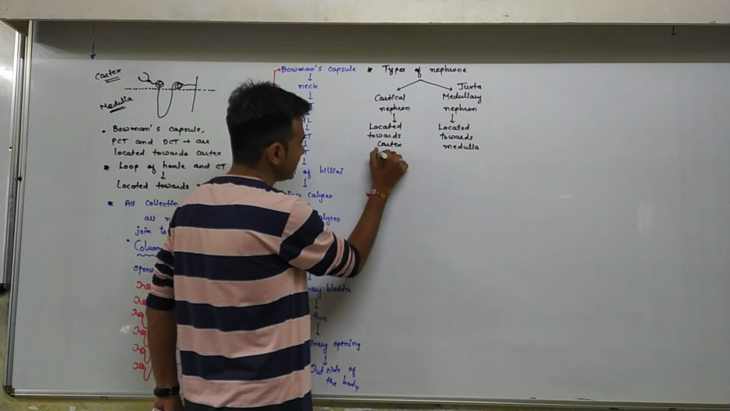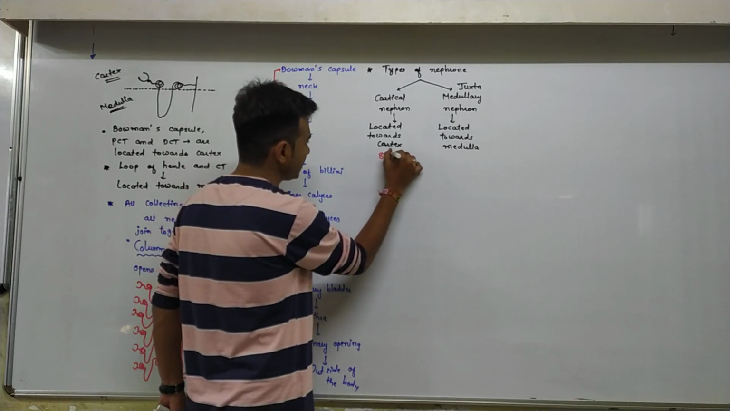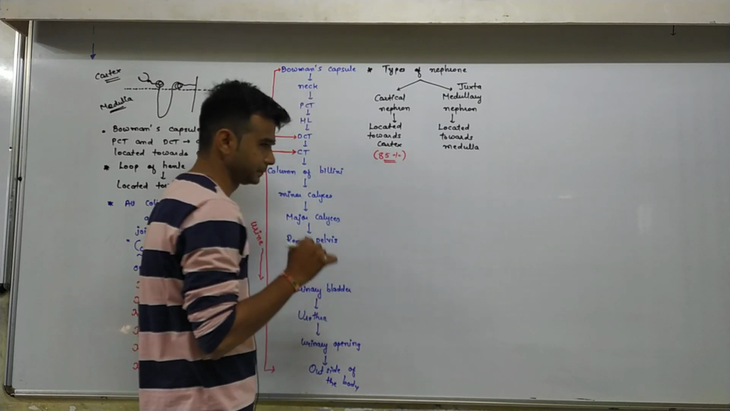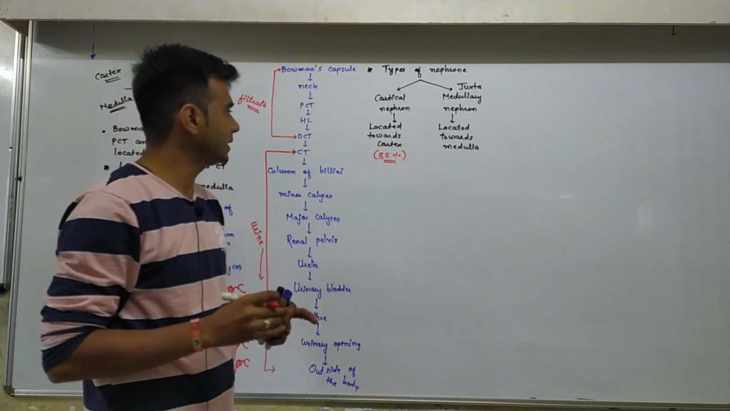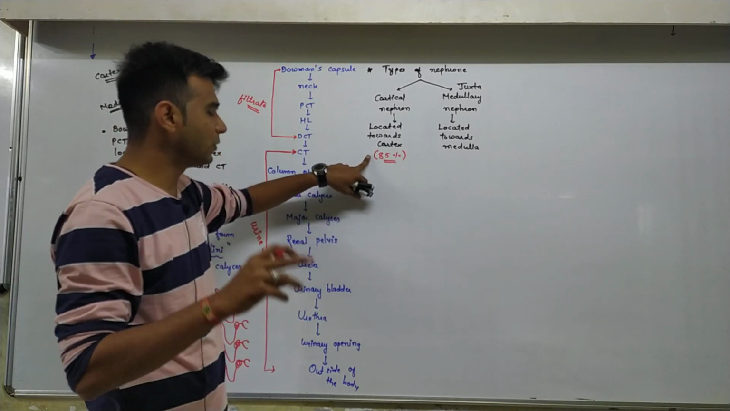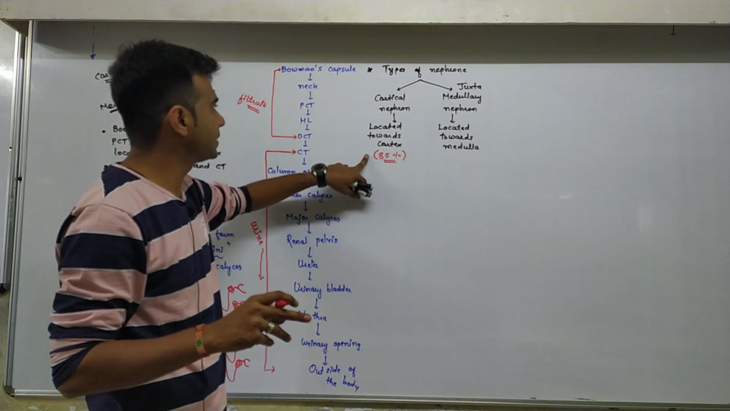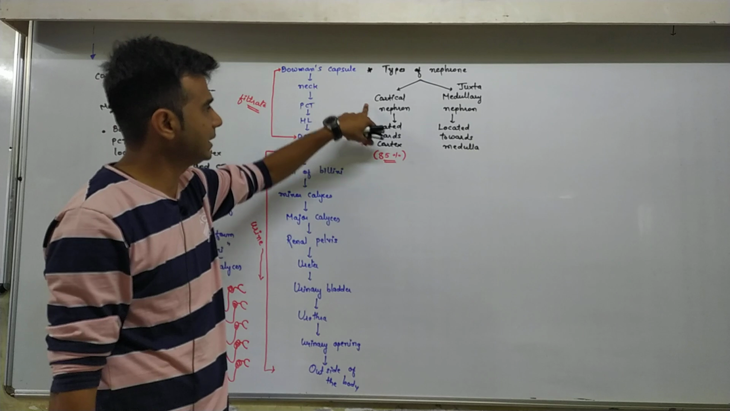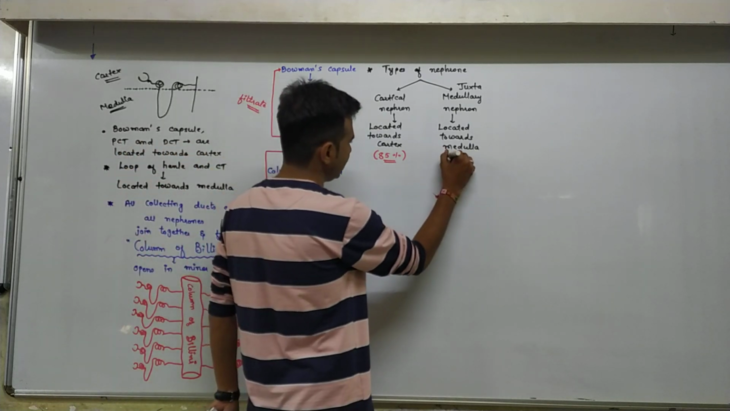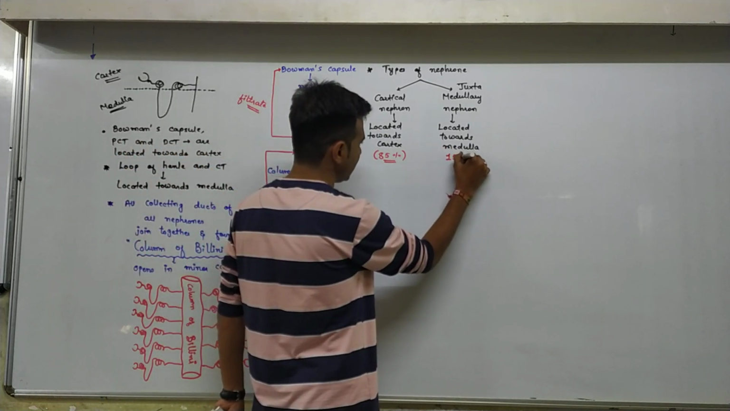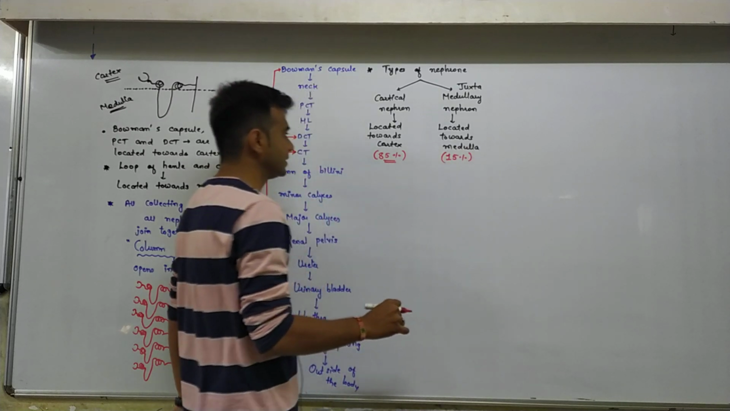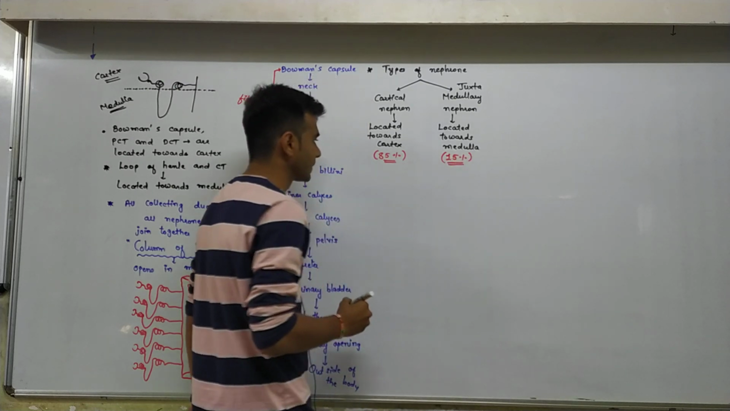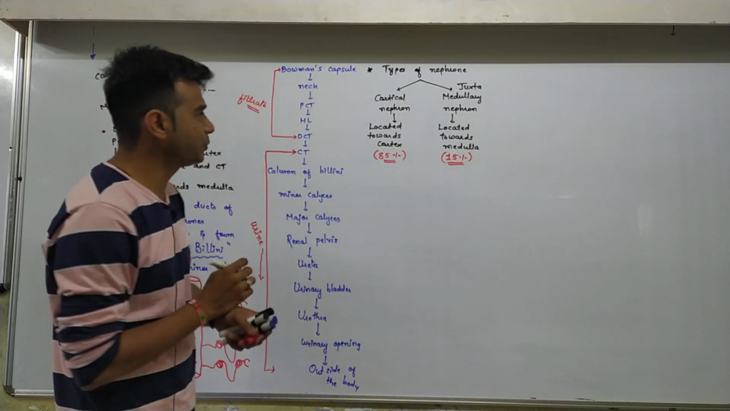Now here, 85% of the total nephrons are cortical nephrons. Fine. So the remaining, it is very easy, the remaining 15% of the nephrons are juxtamedullary nephrons. Another important point is that